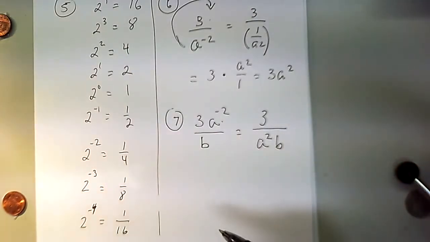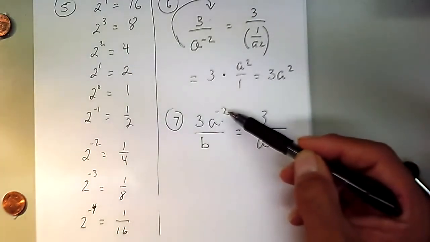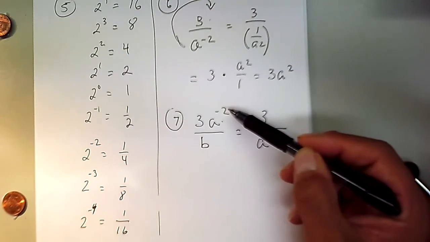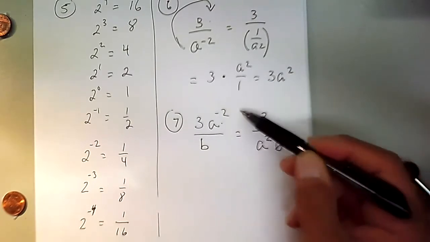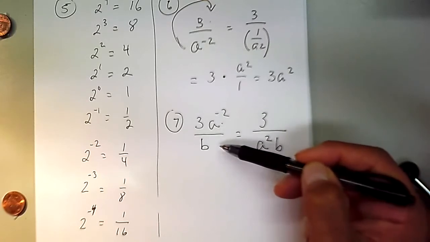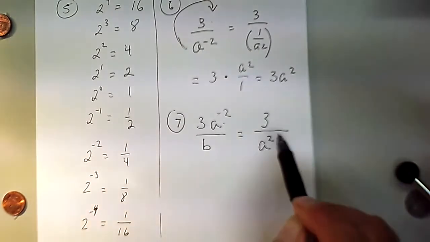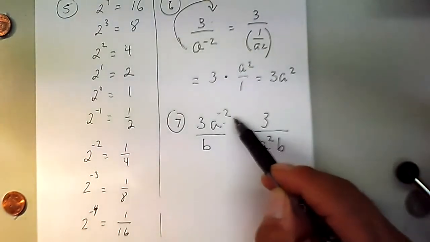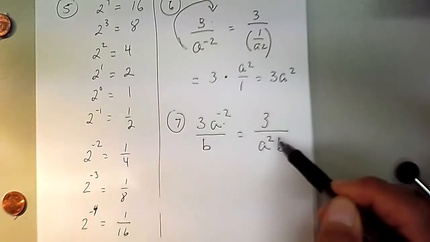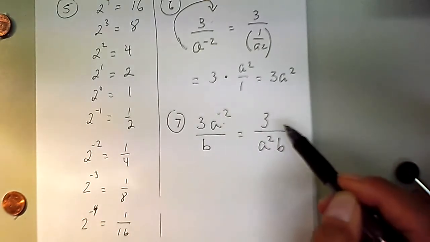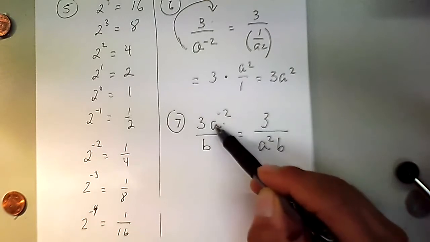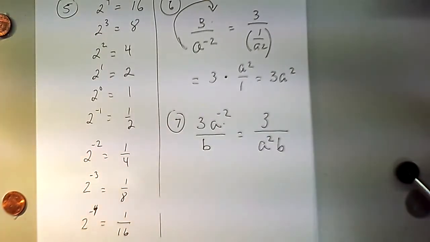So we can change the sign of the exponent as we move either from the numerator to the denominator or from the denominator to the numerator, as long as we are multiplying. If we're adding or subtracting, then that doesn't work anymore. We have to do something else. So we've got to keep an eye on the fact that we are either multiplying or dividing. And that's the way we handle negative exponents.